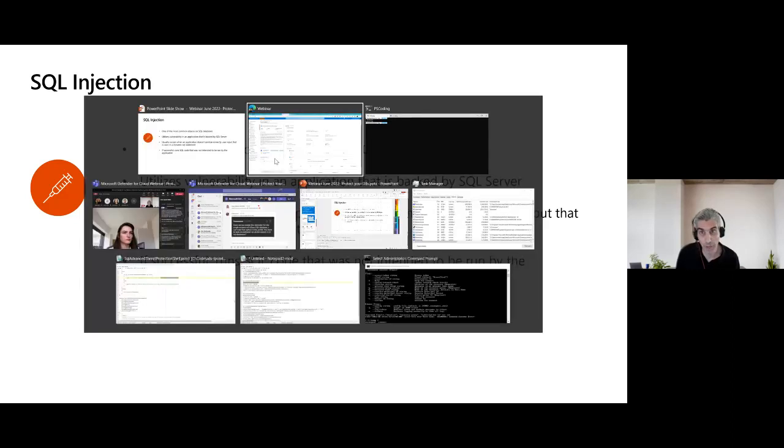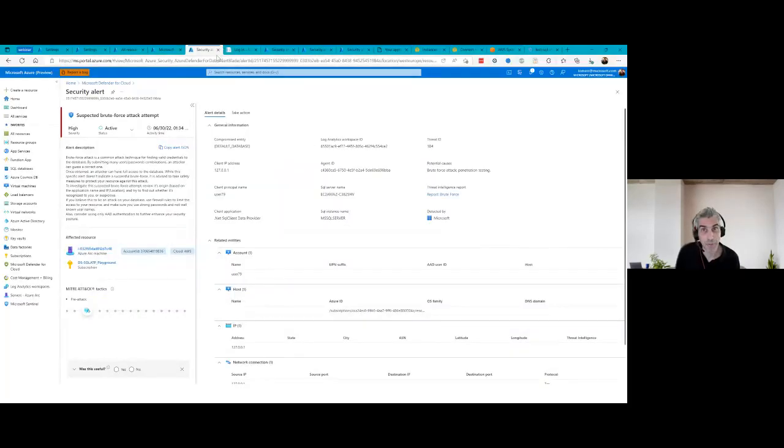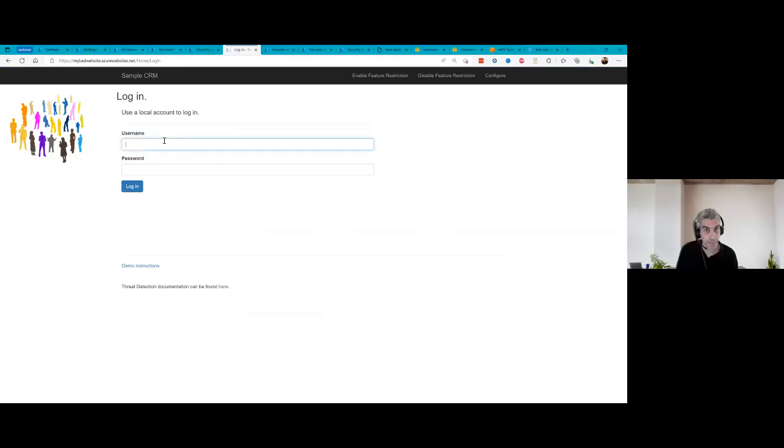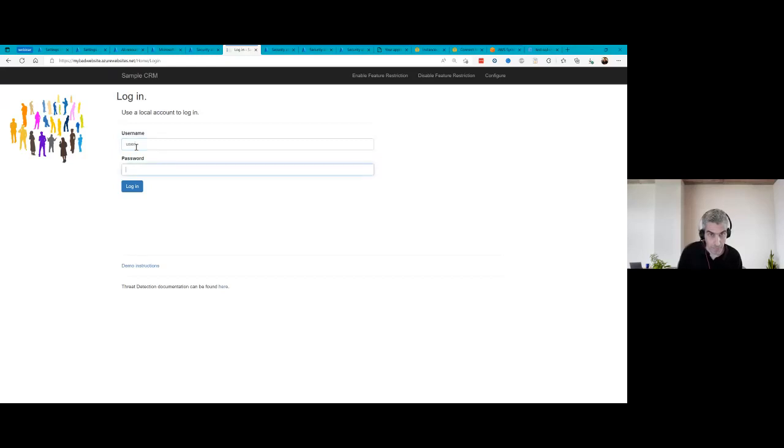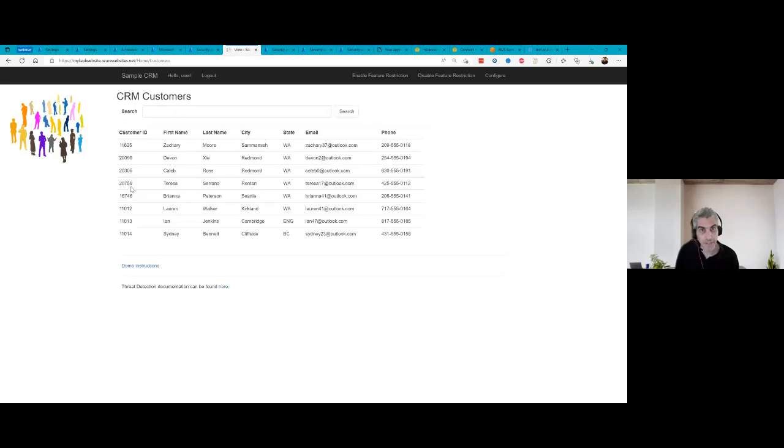So let's demo that as well. For that, I'm going to hook up to a sample CRM application that is backed by a SQL database. This application is very simple. I'm going to just try and log in. It failed because I didn't provide the correct user or password. Now I'm going to provide the correct password. And once I'm logged in, I can work with customer data. I have several fields with information about the users. So let me log out